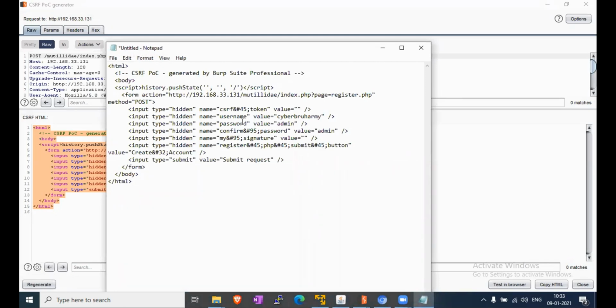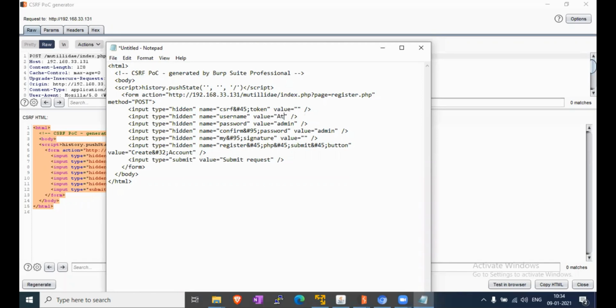Now we have to insert the username value here. This is our previous value. So now I'm changing the username value.